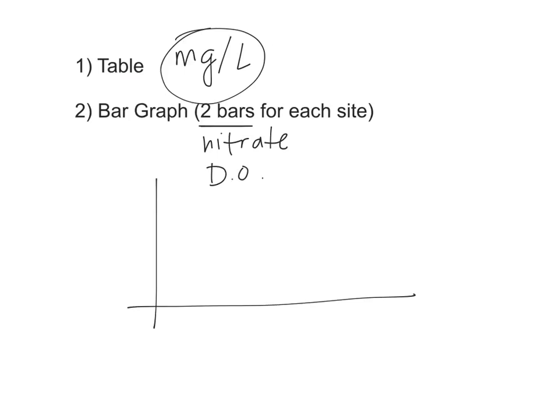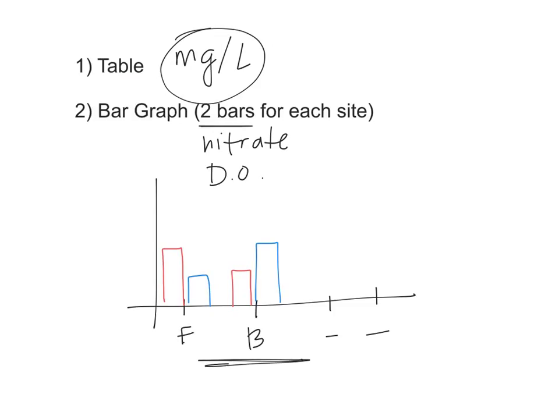So when you're doing this, what it's going to look like is down here at the bottom are going to be your 4 sites. So maybe this is the football field, and maybe this is the beach bench, and so forth and so on. And you're going to have 1 reading for your dissolved oxygen for the football field, and another reading for your nitrate for the football field, and 1 reading for your dissolved oxygen for the beach bench, and 1 reading for your nitrate for the beach bench. So each site will end up with 2 bars, as I said above, 1 for nitrate and 1 for dissolved oxygen. Again, don't forget to do your label down here, your label over here, and then of course a title